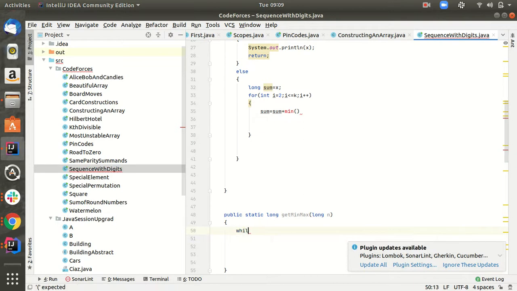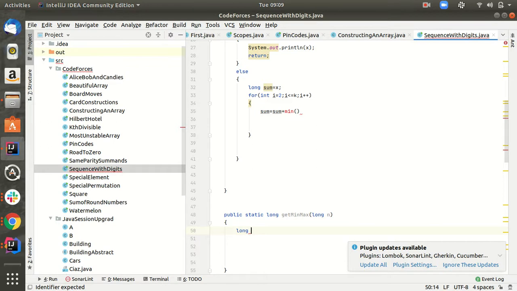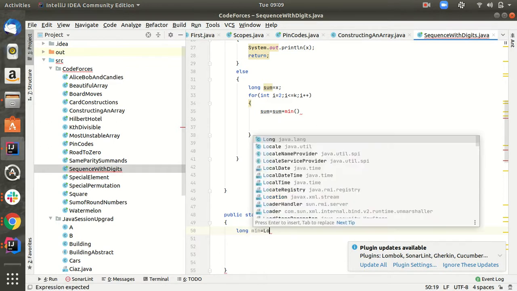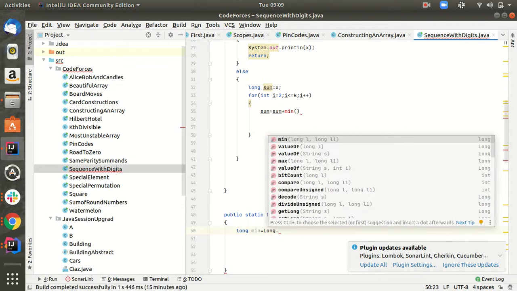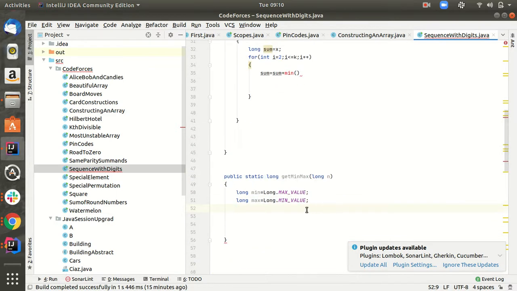We'll first define long min equal to Long.MAX_VALUE and long max equal to Long.MIN_VALUE.